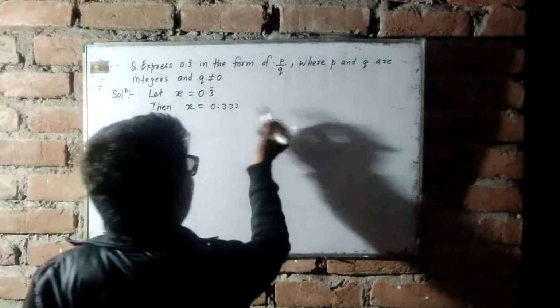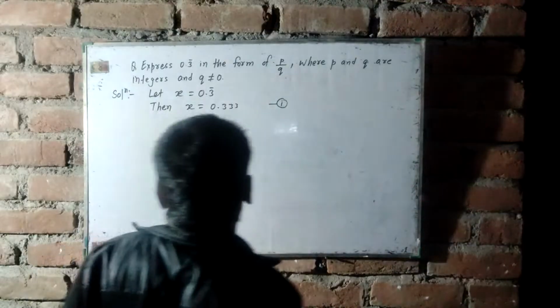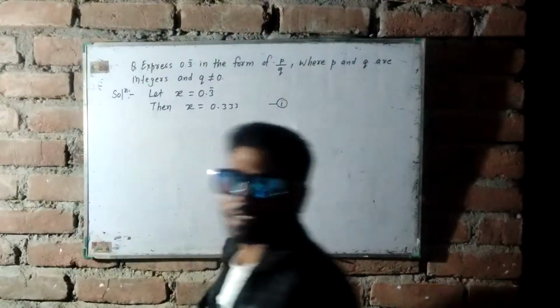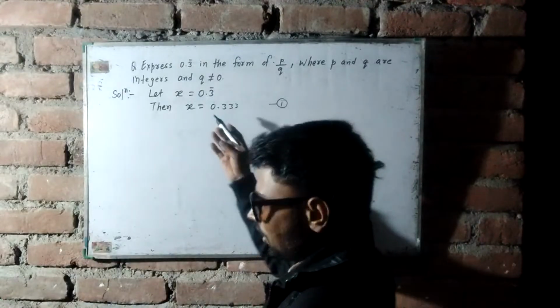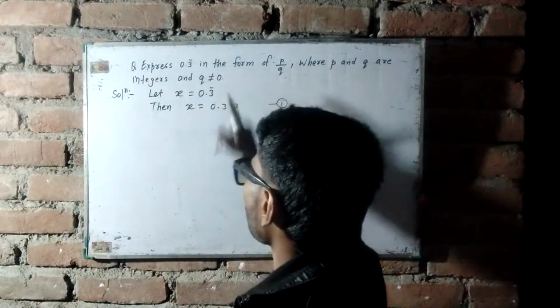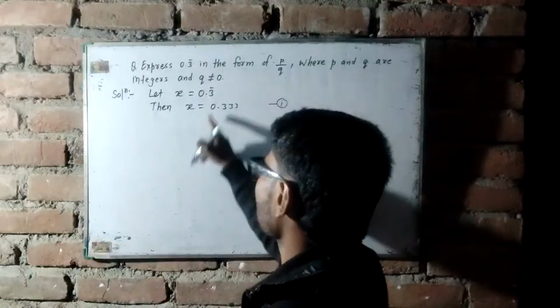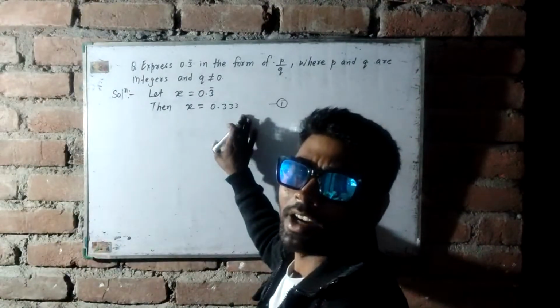Let this be equation first. Now you can see here, since the repeating block has only one digit 3, so we multiply both sides of equation first by 10 and we get,